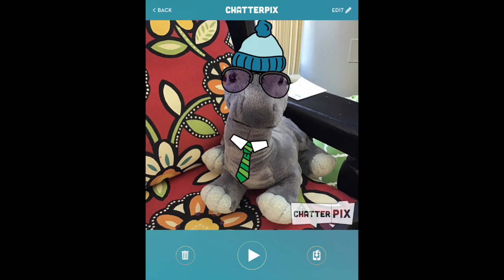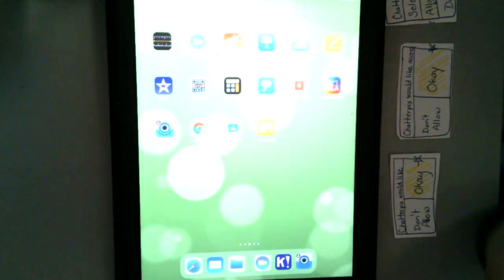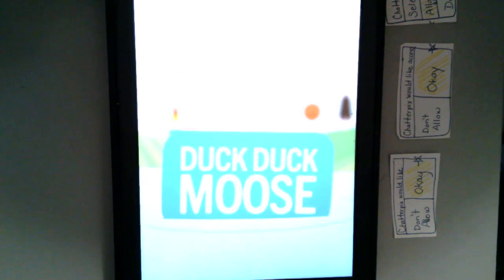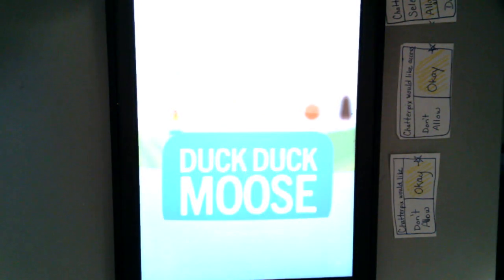All right, let's get started. Everyone, today we are looking at the app called Chatterpix. When I tap on it, it's going to start to make a little noise. There we go. Now, I've opened my app before, so I do not have a song, but if you've